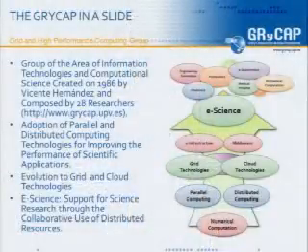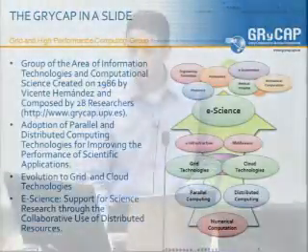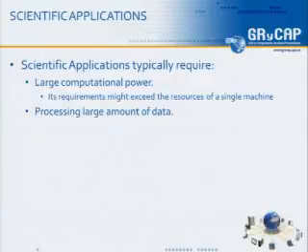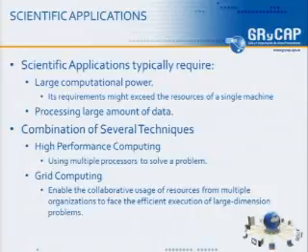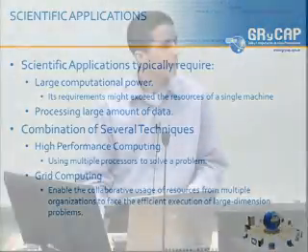Okay, so our research group focuses on applying different computational techniques, such as parallel, distributed, grid, and cloud computing technologies, to different scientific fields, such as engineering simulation, photonics, proteomics, and biomedical computation. We typically establish collaborations with research groups so that we can apply these techniques. And if we have learned something through all these years, it is that scientific applications typically require large computational power and also processing large amounts of data. So this is why we typically combine several techniques, for example, high-performance computing and grid computing, in order to solve large